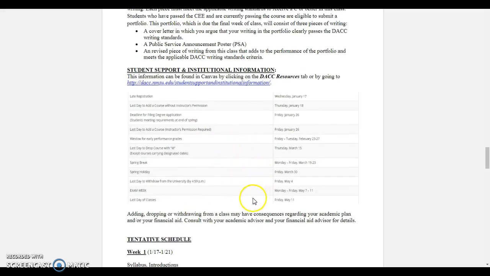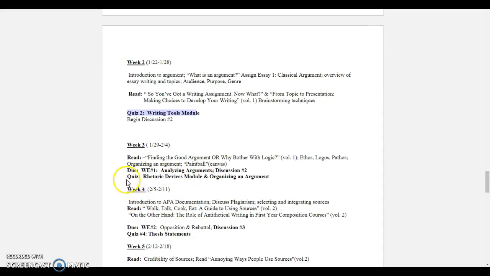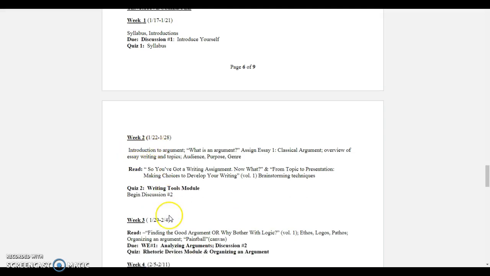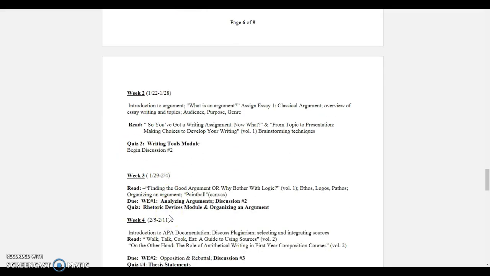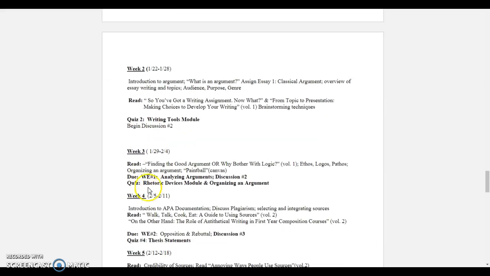And then here we have important dates, and when you look at the schedule, I highlighted what you should be reading and the quizzes that we have. So every week I have what is due. For example, for week 3, we have a writing exercise due, and we have discussion 2 due. Discussion 2, we're actually starting next week, and it's going to go on for 2 weeks. So obviously for this one, you'll have a little bit more time, and it won't adhere to the regular schedule of Wednesday and Friday.